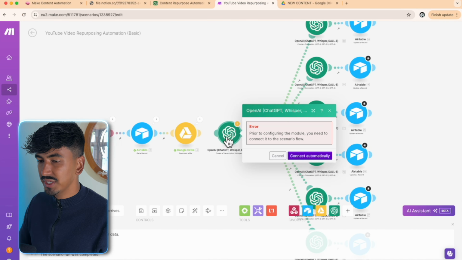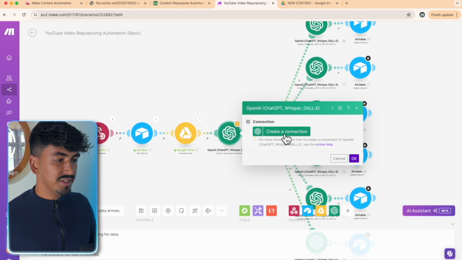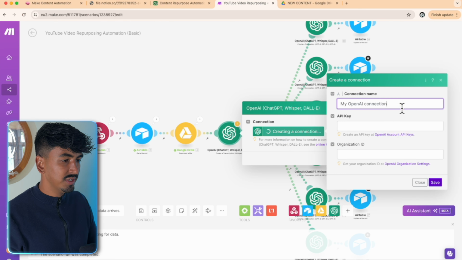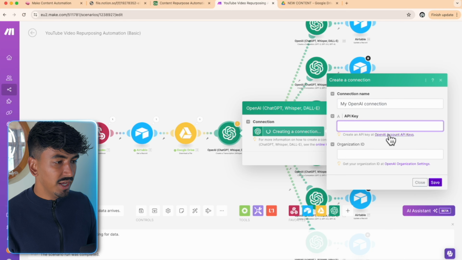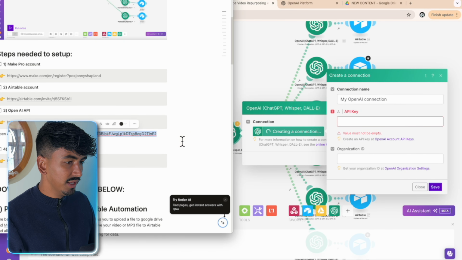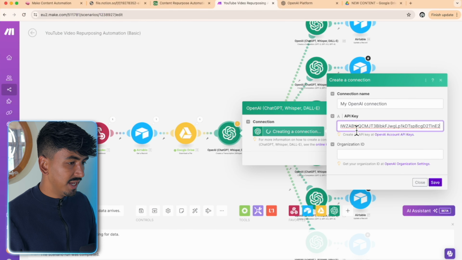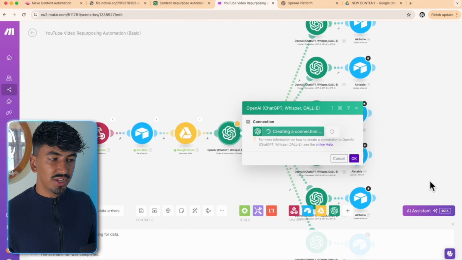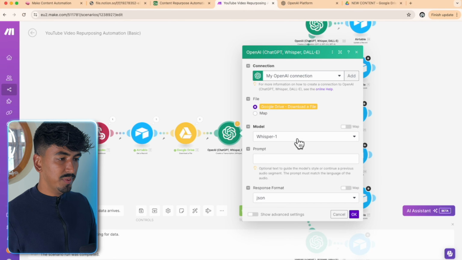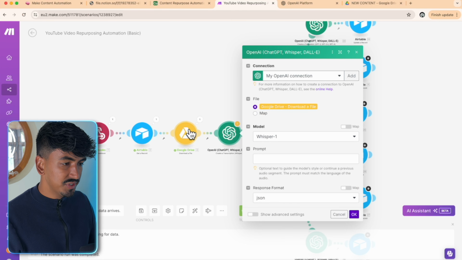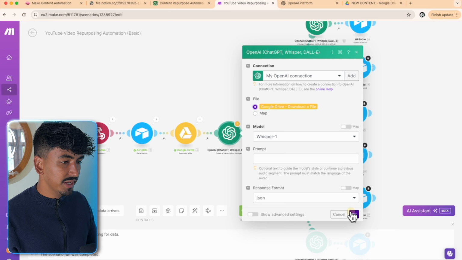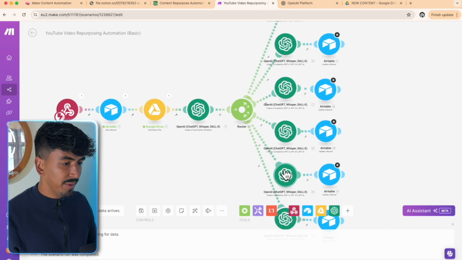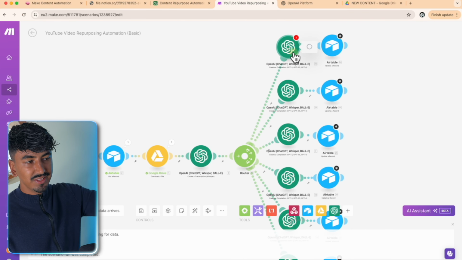So now it's time to connect your OpenAI account that you created earlier to this make.com automation. So my OpenAI automation, go and grab your API key that you saved earlier, the secret key. I'm going to copy that, and then I'm going to paste it into there, and I'm going to click save. And then this is actually going to create your account and link it to the OpenAI. So now you want to grab the file from the step before, which is the Google Drive, and download a file. And the model we want to use is Whisper, but this should already be set up for you from this blueprint. So click OK,